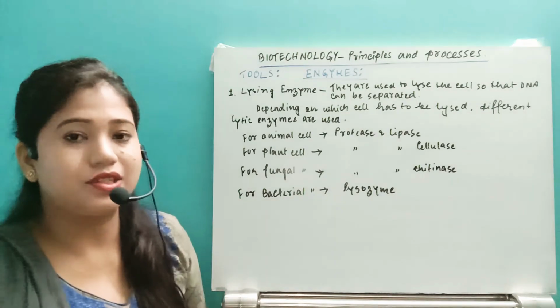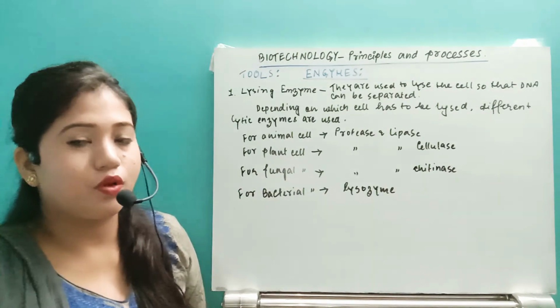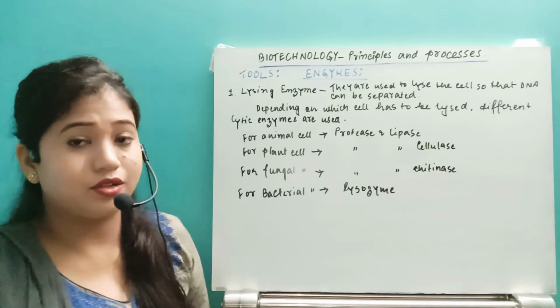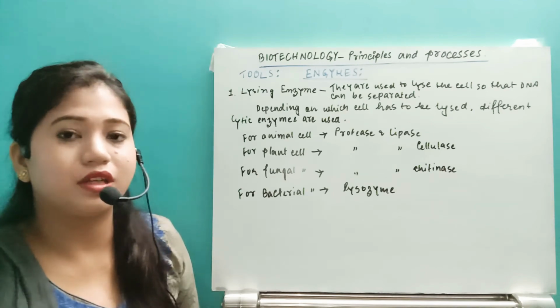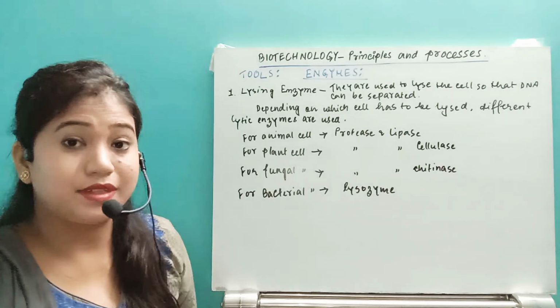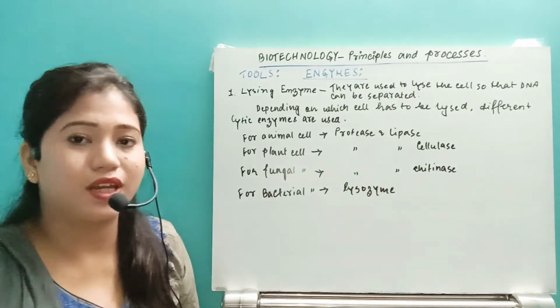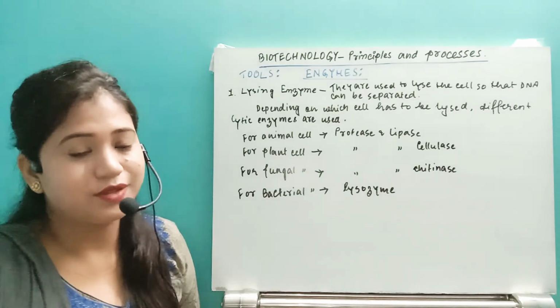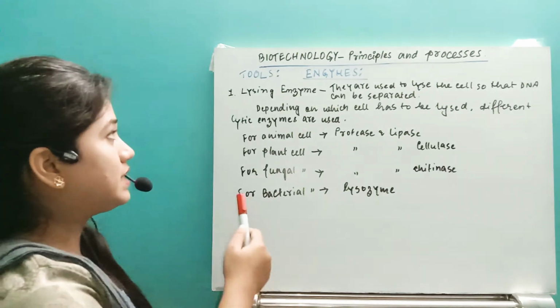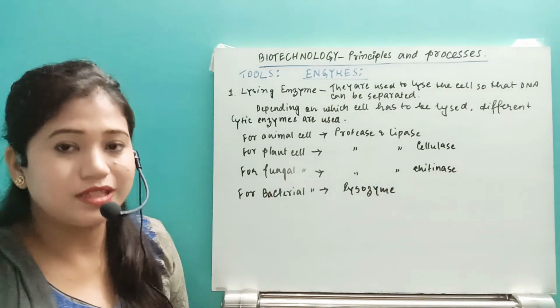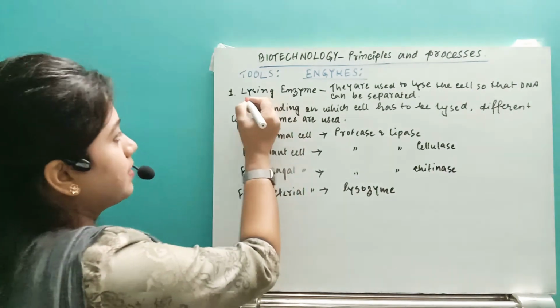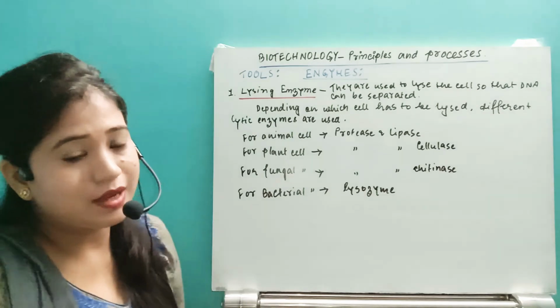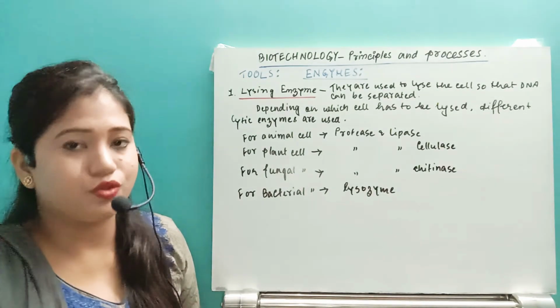After that, let's just see the different tools. So already I have told you that there are three types of tools present. What are they? First one is the enzyme, second one is the vector, and the third one is the competent host, right? So first of all, we'll see all of the tools. First one, we'll discuss the enzyme. So a number of enzymes are here. So let's just see all those enzymes.